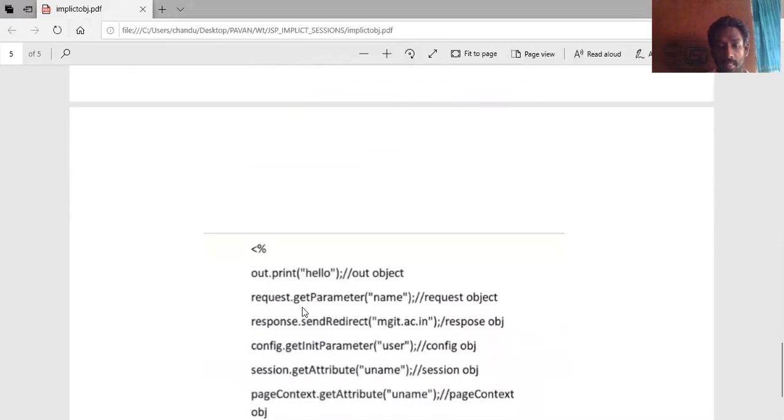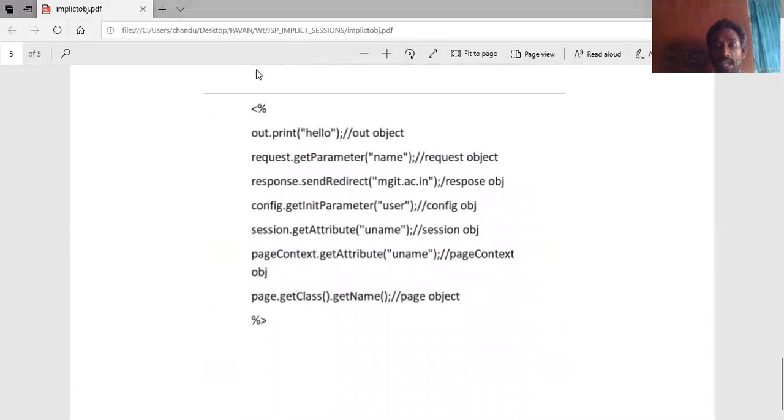Once again, this is a simple example program. out.println("hello") is the out object. request.getParameter("name") is the request object. response.sendRedirect("mgat.ac.in") is the response object. config.getInitParameter is the configuration object. session.setAttribute("username") is the session object. pageContext.getAttribute("username") is the page context object. page.getClass().getName() is used to get the servlet info related to the page.